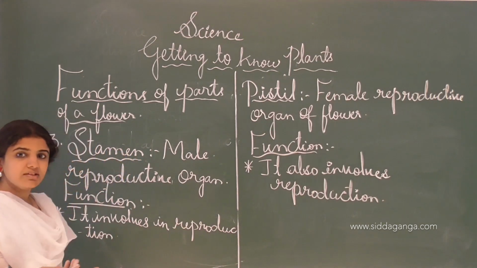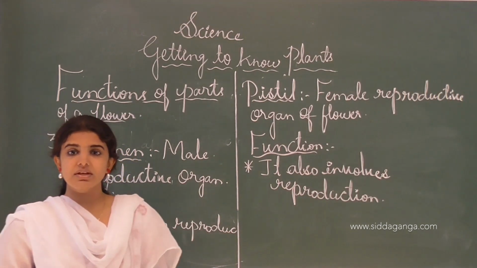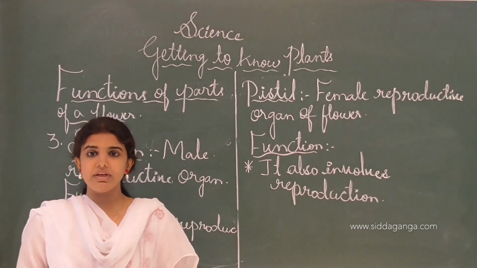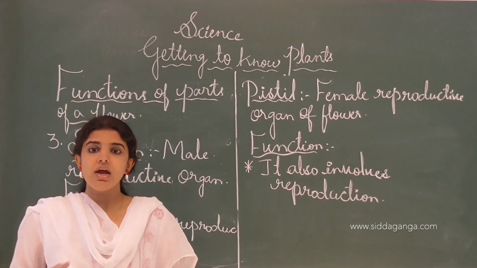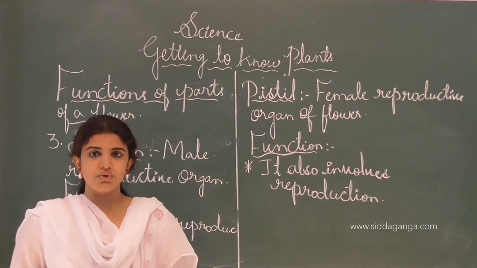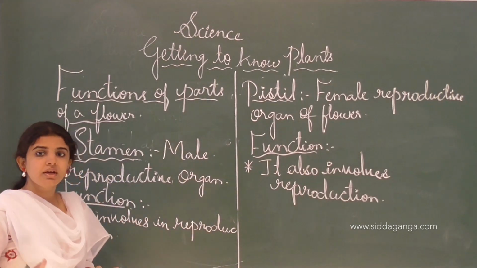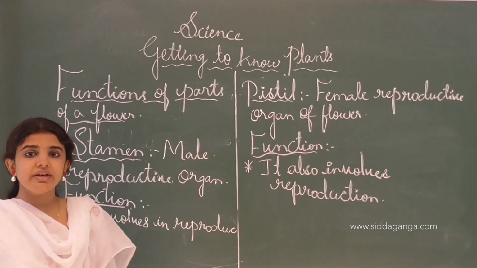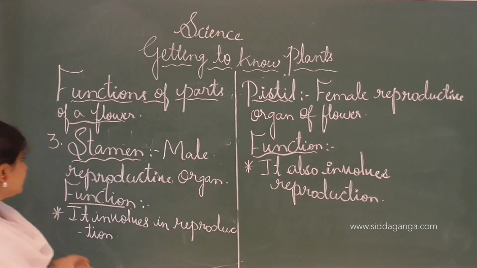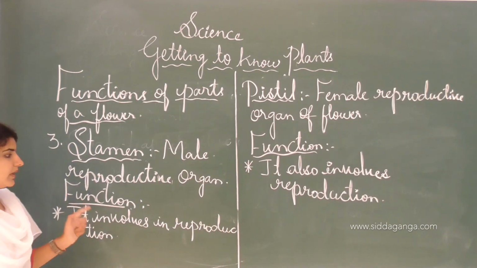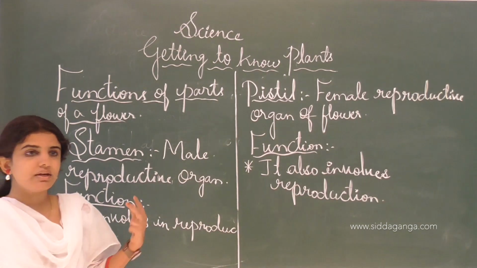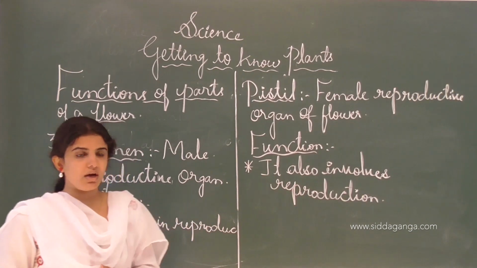And petals attract the insects, even animals and human beings are also attracted, whereas insects will suck the nectar from the flower and thereby store it as food in the honeycomb, or suck the nectar as a food. And here stamen and the pistil will be there. Stamen is the male reproductive organ and pistil is the female reproductive organ.